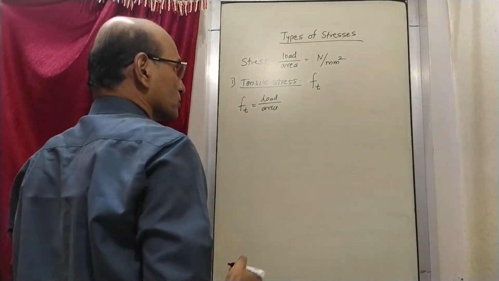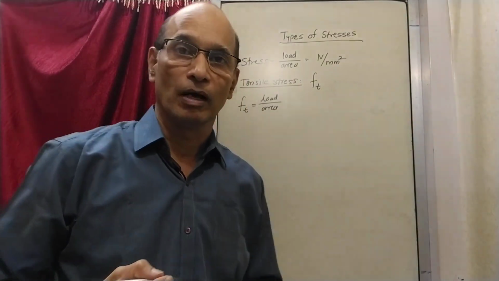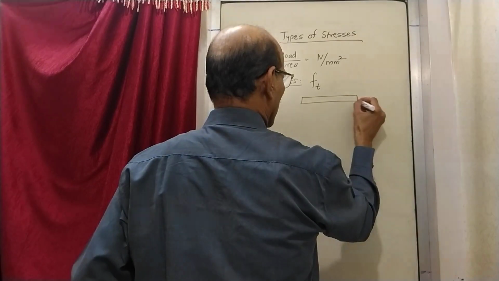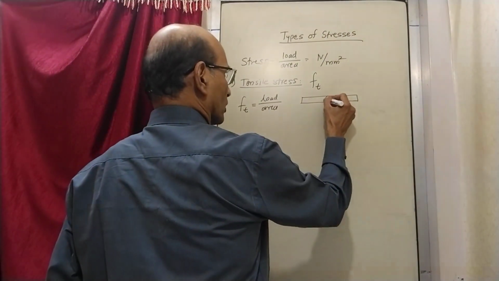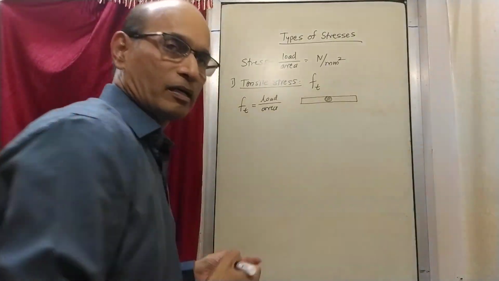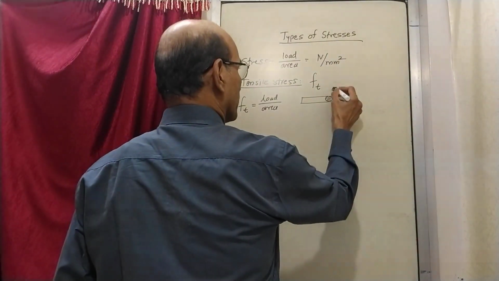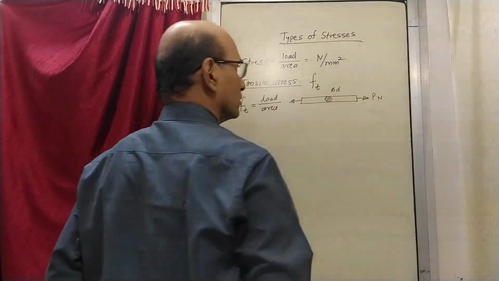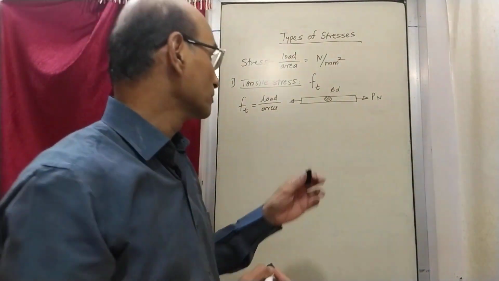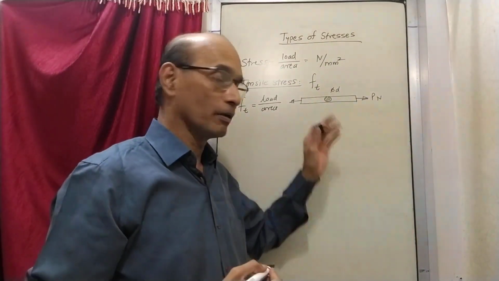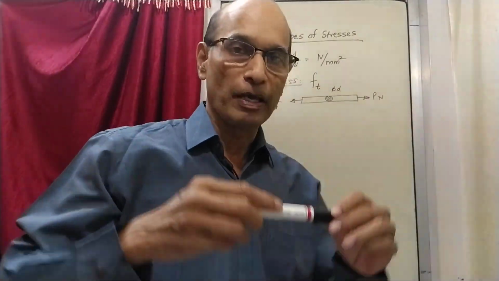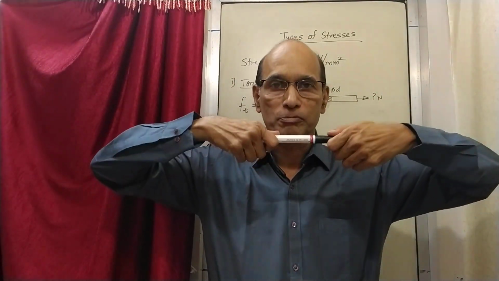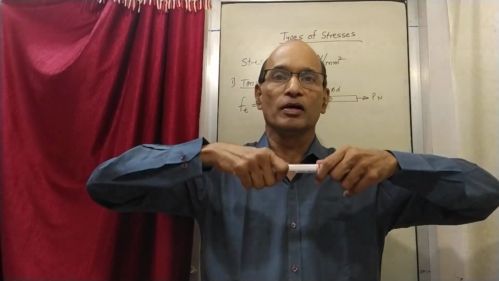And in what situation is tensile stress developed? For that you can take this example. Suppose there is a rod like this of a circular cross section. It can be any cross section, but let's take a circular cross section, let's say of diameter d, and then you are applying a load P newtons. So the load applied is P newtons, and the diameter of the rod is d. Say for example this pen, we consider this pen as a rod. Now to this rod you are applying a force P like this outwards, so that the rod is under tension.